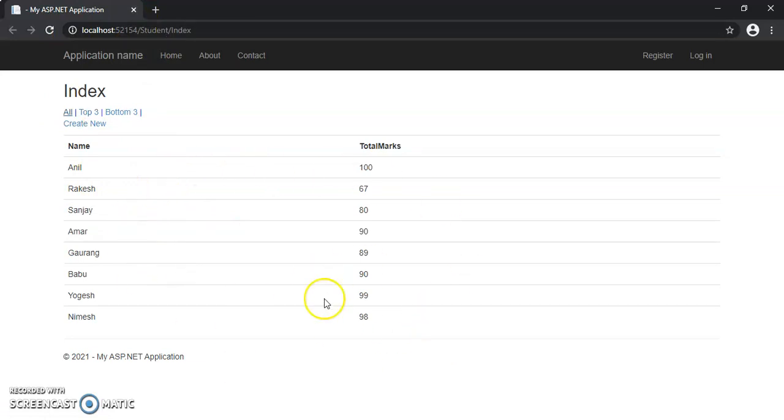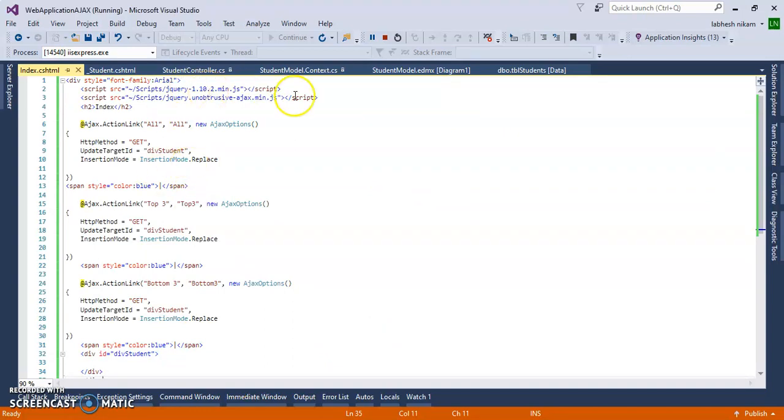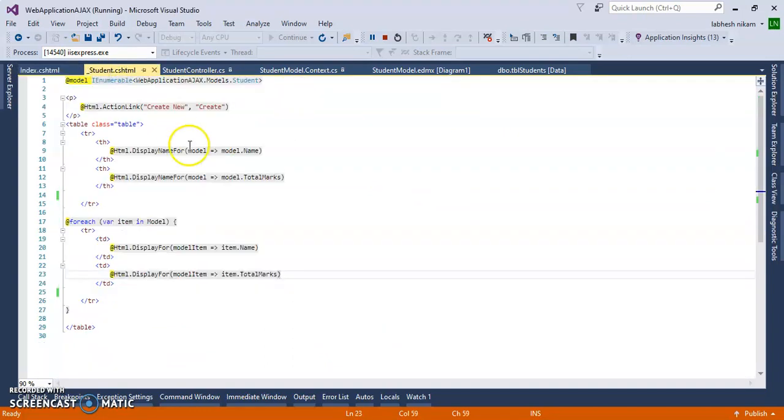But I want to give some border to this partial view page.